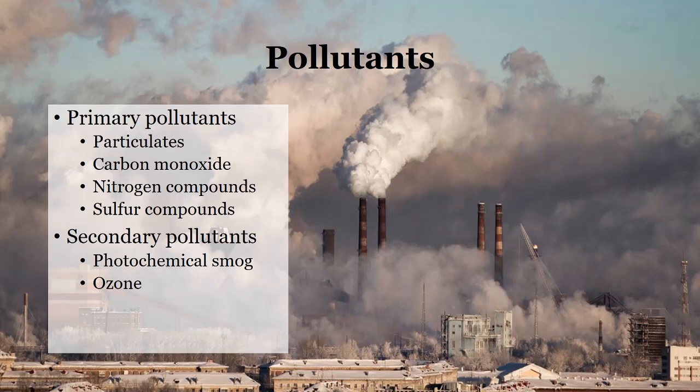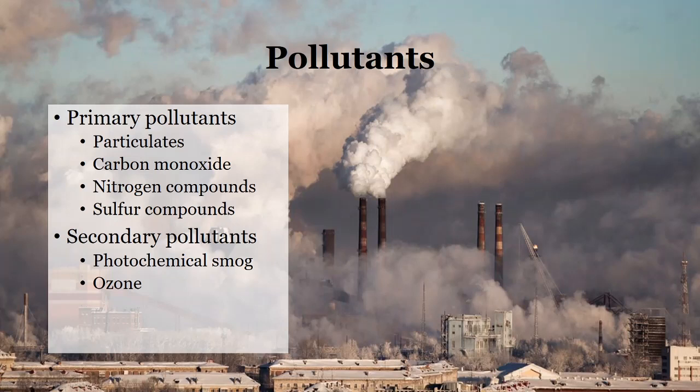Additionally, carbon monoxide is a dangerous pollutant, and we have to be careful for it in our homes. It's a colorless gas. Nitrogen compounds are also often emitted from factories, and sulfur compounds, which can be particularly bad because they can cause acid rain. Secondary pollutants, on the other hand, are